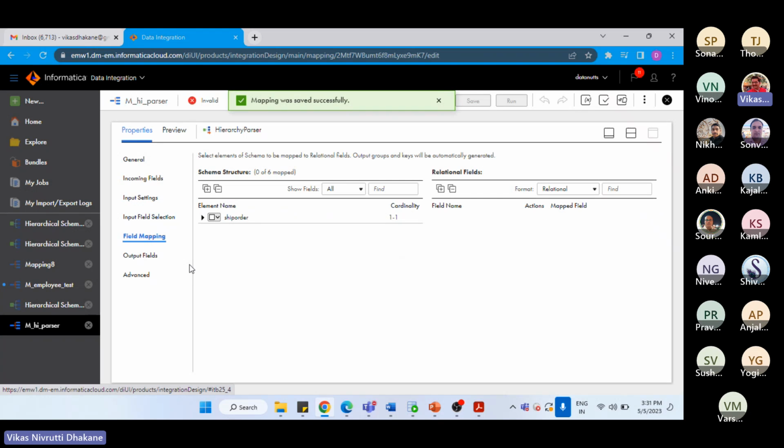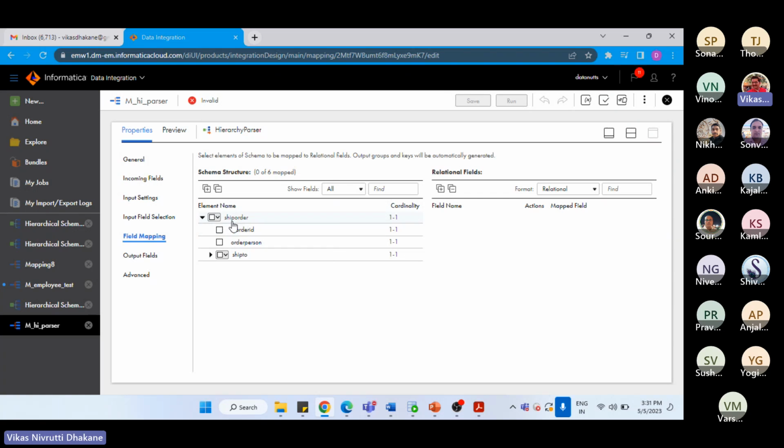Then field mapping. Now in the field mapping, here is the important part. You can see here, as I said, the root element. Ship order is our root element, and under the ship order there are two different fields appearing, order ID and order person. Okay, that I have shown you in the XSD file. And another node is there, that is ship to, under which we have options like name, address, city, and country. Now here we have to map the fields so that we can have that field in